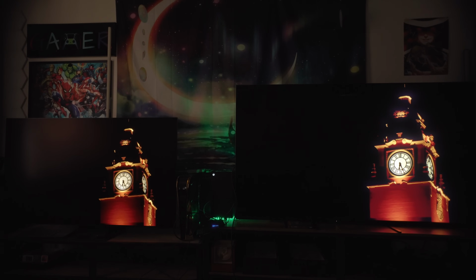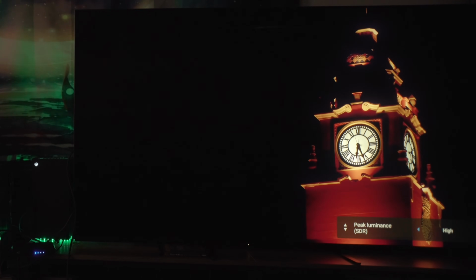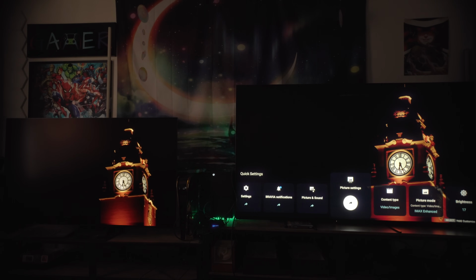Not very good for a $3,000 TV. Now what we're gonna do is lower our brightness from max all the way back down to 17 where I had it, because unfortunately the brightness is truly just not usable. We're gonna then go into our peak luminance where you see that is high, and then we have local dimming set to high, okay? Now, we're gonna go ahead and back out of this,